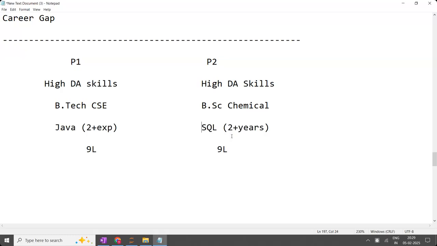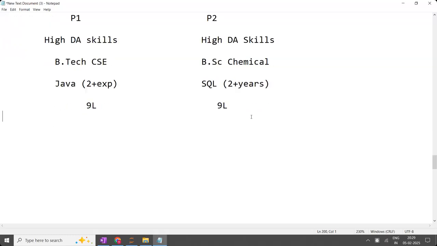The second advantage is SQL. Now, in my company, what projects are we working on now? A data analysis project is there now. At the end of the data analysis project, the client asks to deploy it, and for that I require a Java application, someone who already has Java knowledge. For that I have to hire a separate person. For the data analyst I have to pay 8 lakhs or 7 lakhs. For the Java developer I have to pay 4 lakhs. Total 11 lakhs I have to pay. Two people I have to hire.